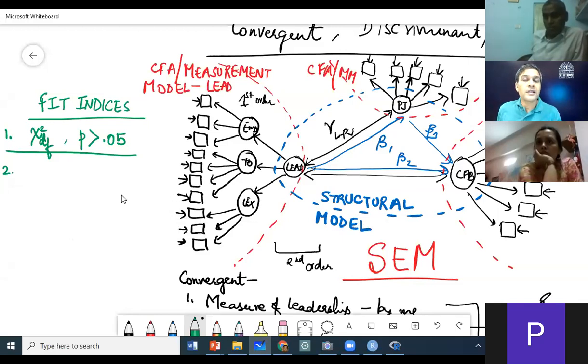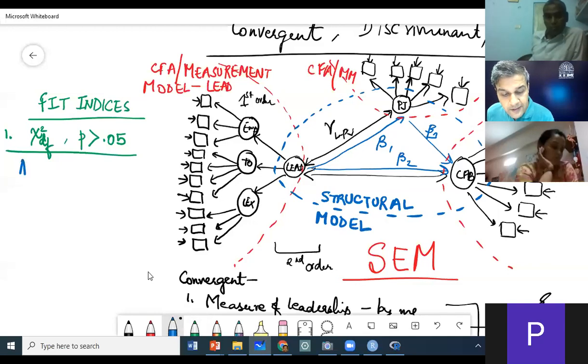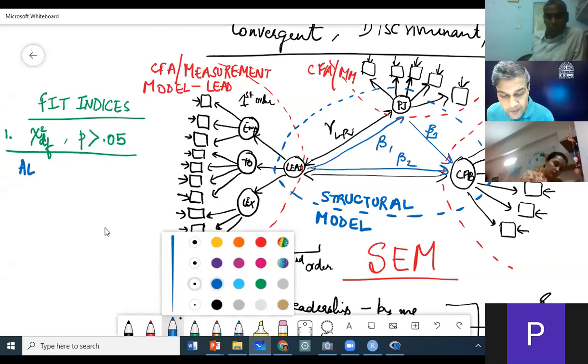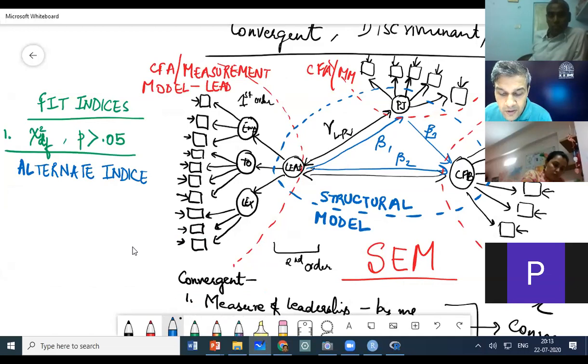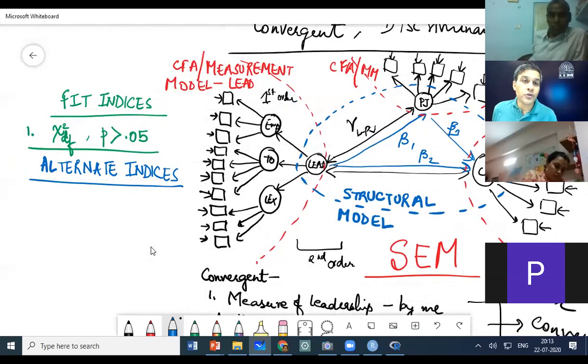So there are some alternate fit indices that are also recommended. In case the chi-square test fails, you can bank upon alternate fit indices to make a claim that the factor structure you are testing is a good factor structure.